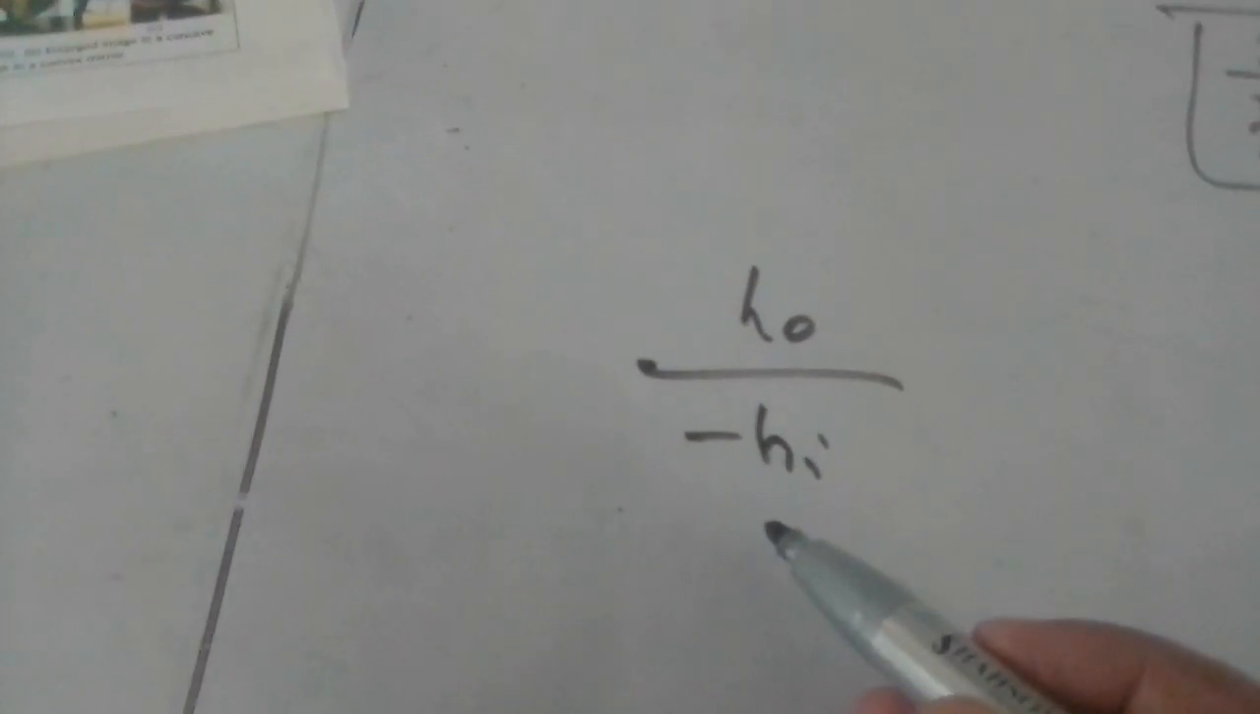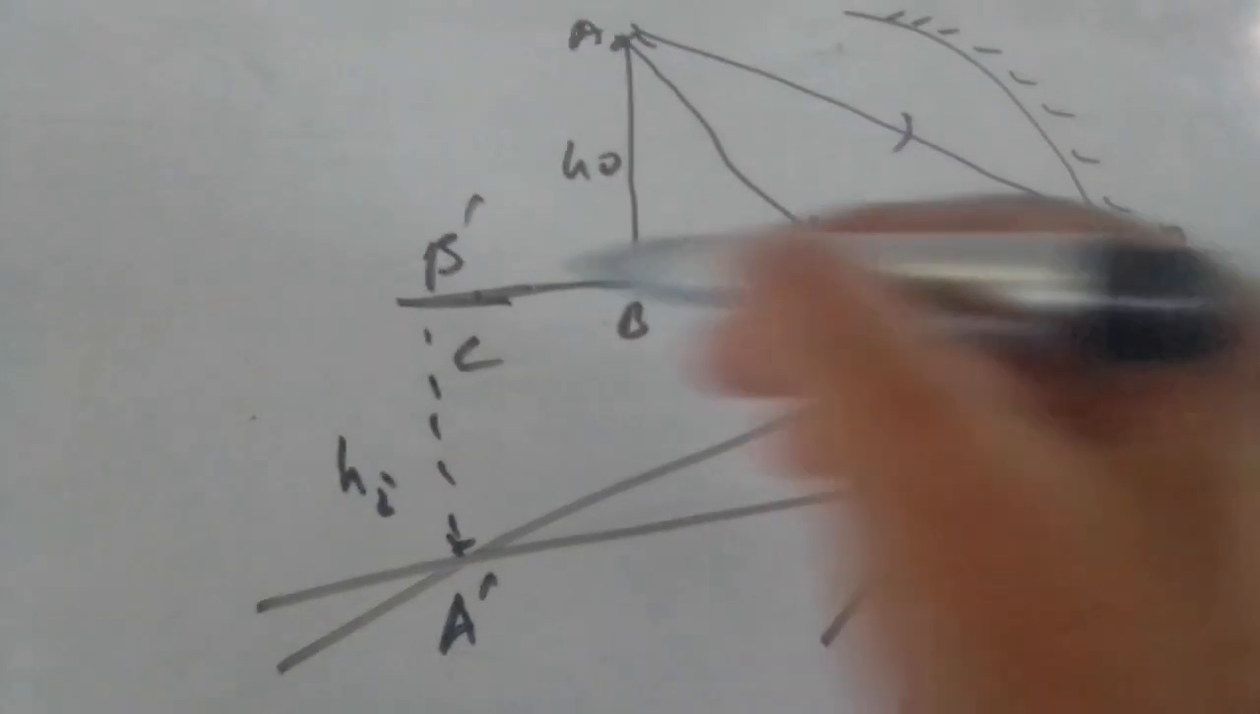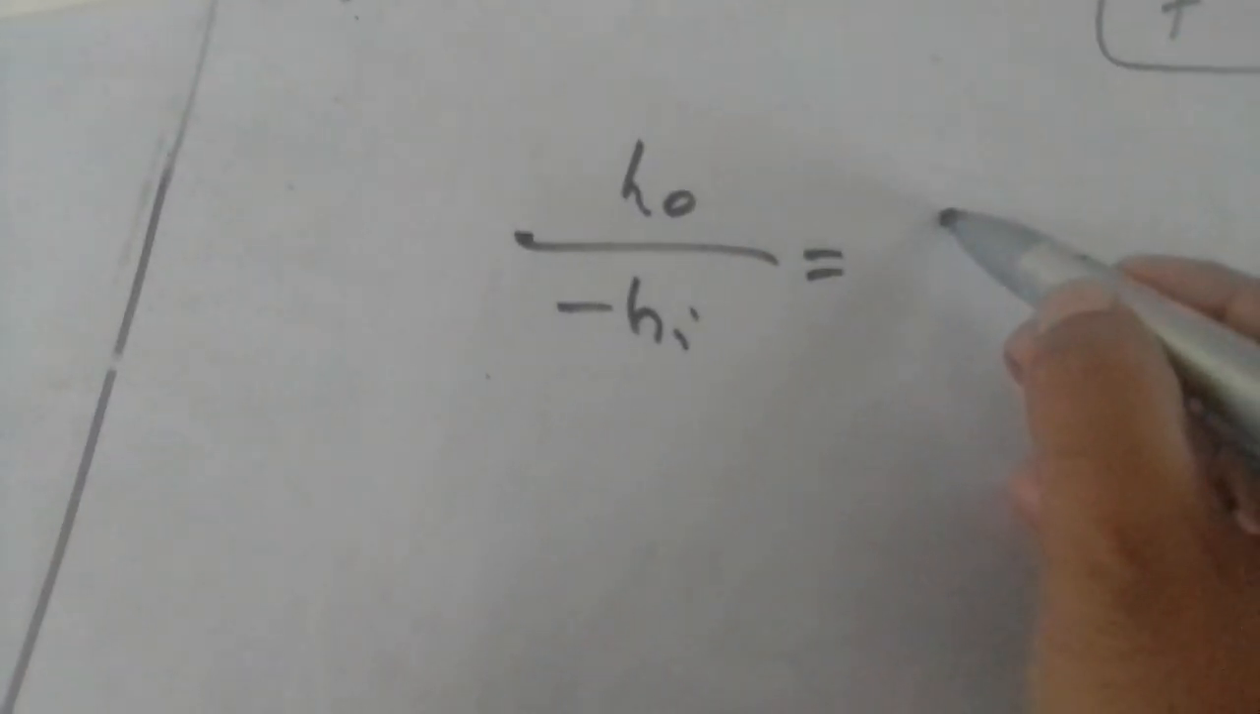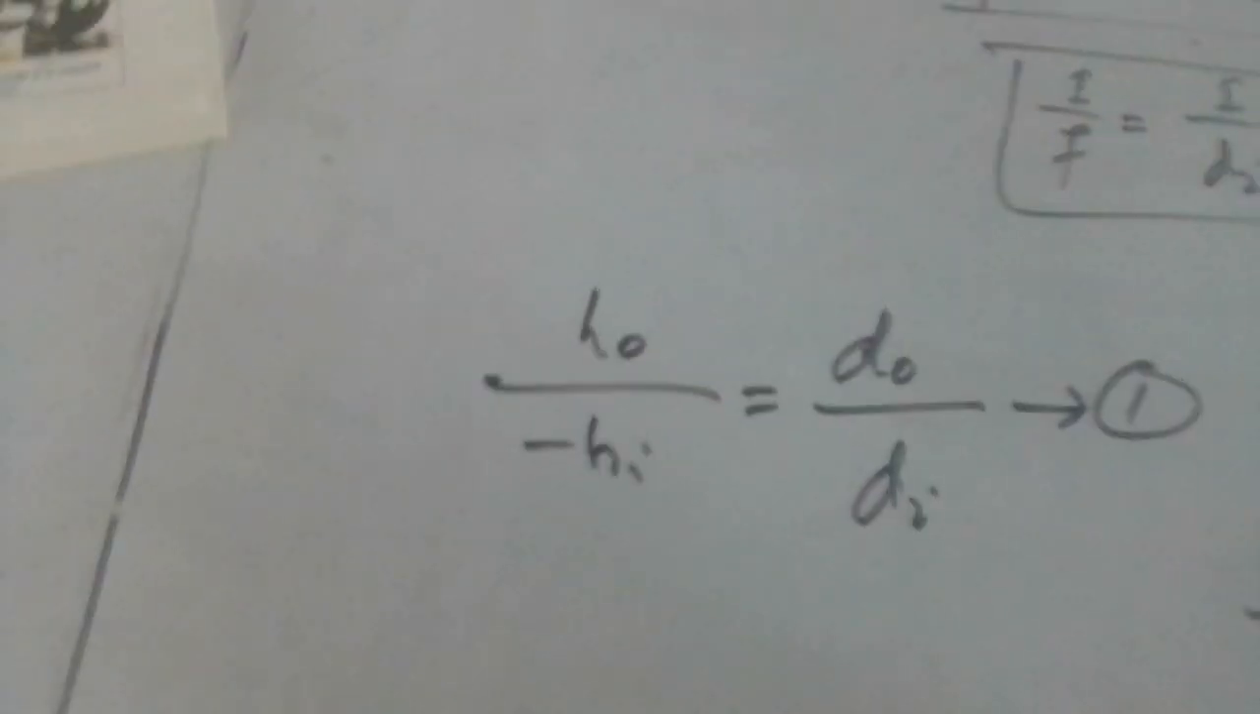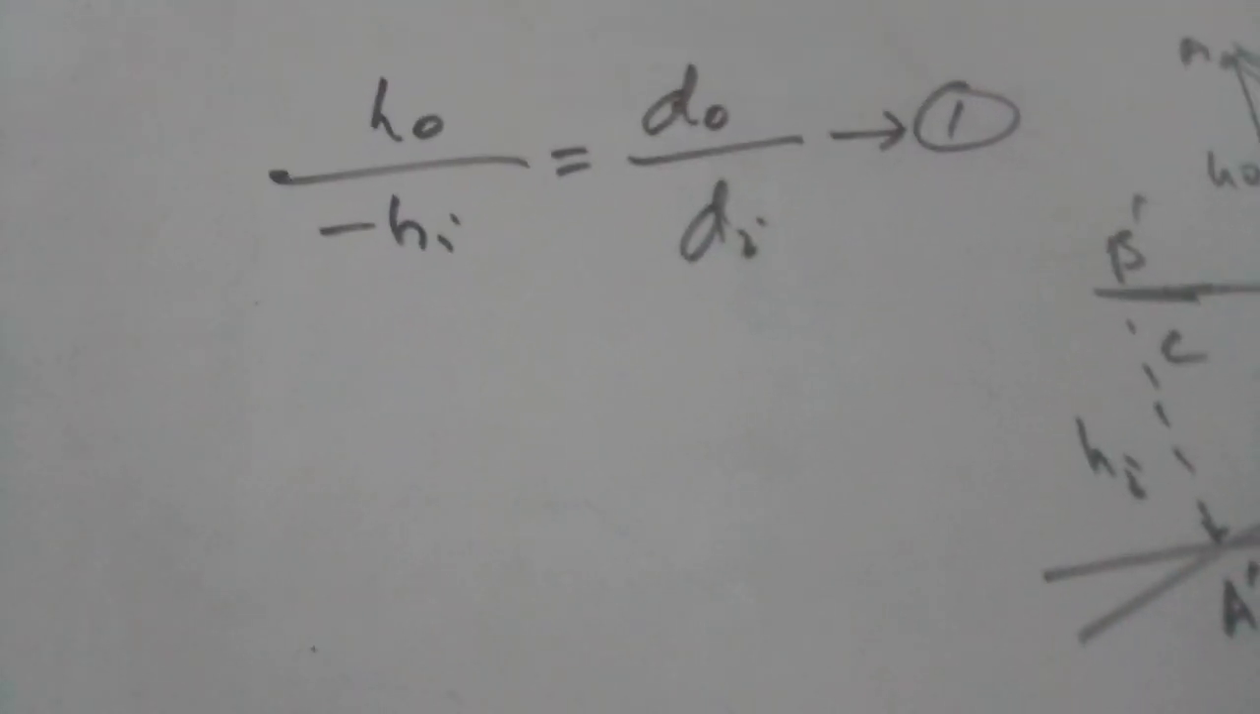HO divided by HI, and since the image is virtual, a minus sign appears, is equal to this distance, which is called the object distance DO, divided by this distance, B dash P, which is called the image distance DI. Let's say this is equation 1. Similarly,